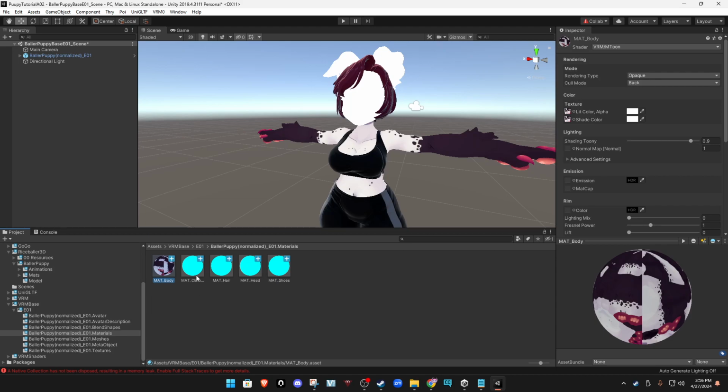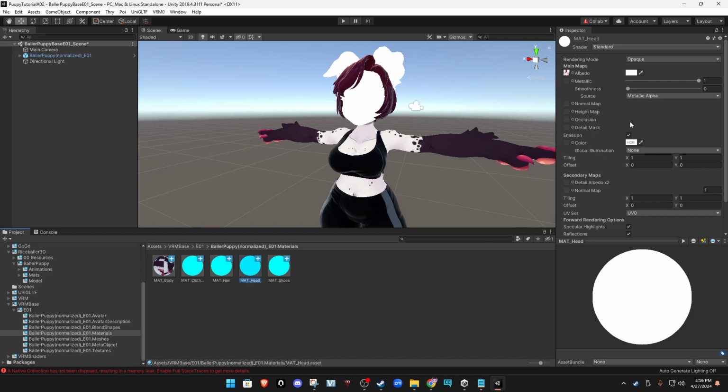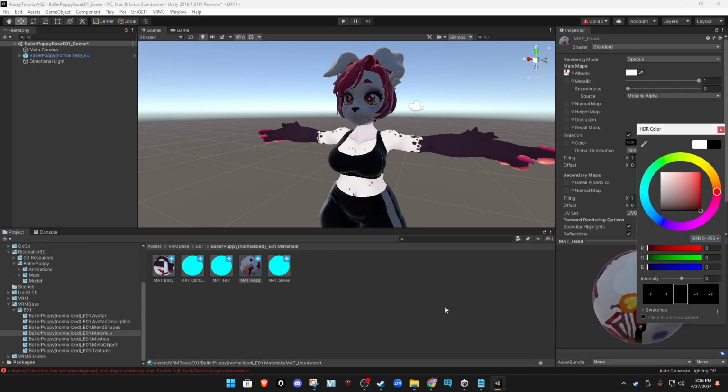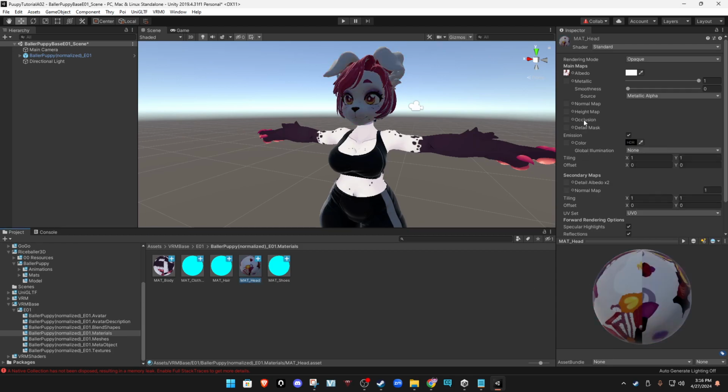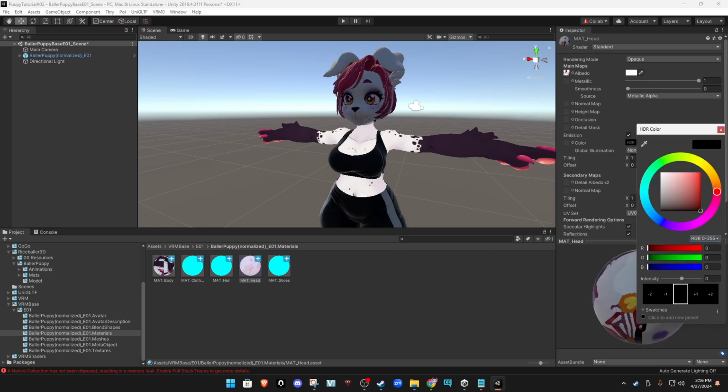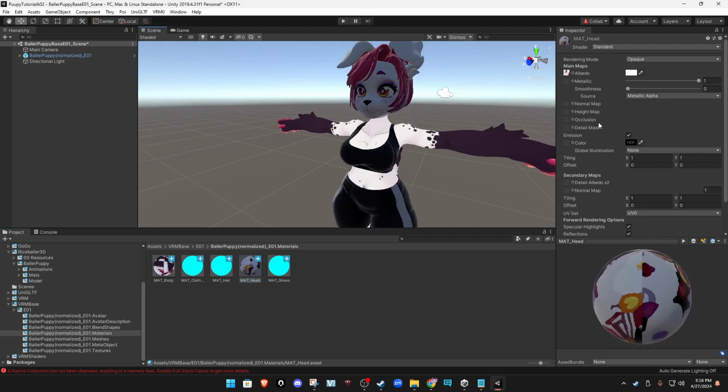And then we're going to go to the head next. And the head is getting blown out because of this HDRI emission channel. So we're going to change that down to black. So it's fine. Or do we change it to white? I can't remember. No, black. Black is what does it. Except for it is